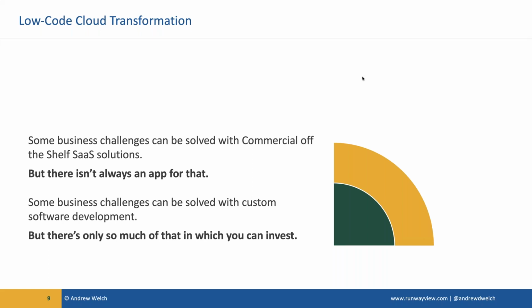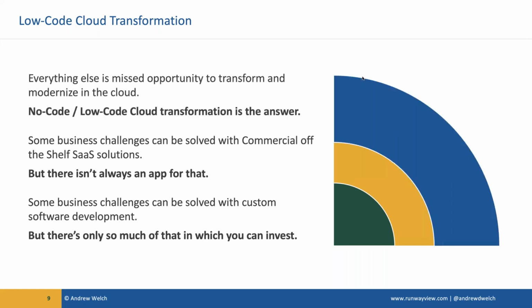So I spoke to one organization recently that owns real estate for postal facilities. Like, that is their business, managing facilities dedicated to moving mail. And that's kind of specific, right? So for those sorts of situations, which actually constitute the majority of business problems, and I'll share some numbers with you, that's really what we're here to do. This is the opportunity. This is what no-code and low-code cloud transformation is all about, these missed opportunities that we want to turn into seized opportunities.